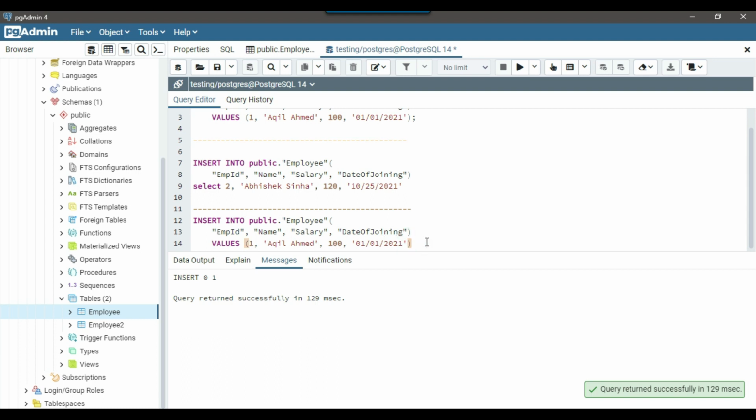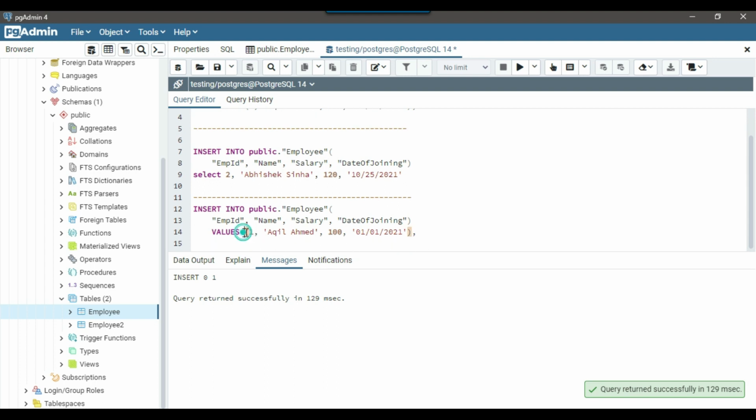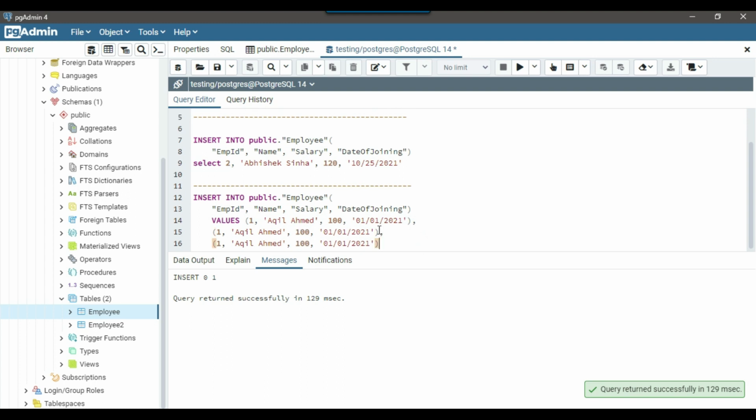Instead of writing multiple insert statements, you can simply insert multiple records in a single query. For example, if I want to insert 3 records here, you can modify the query like this, by putting the values after putting a comma here. I already have 2 records in my table, so let me modify this one, Ashish Raghav, maybe 140, and joining date maybe 2020.